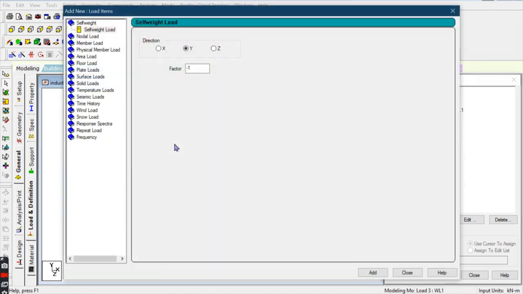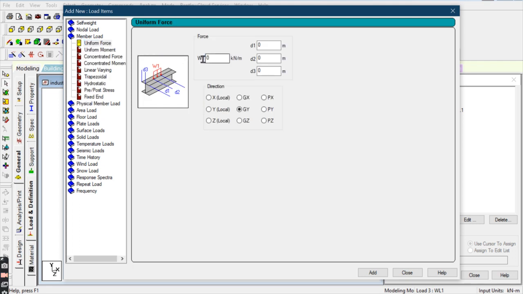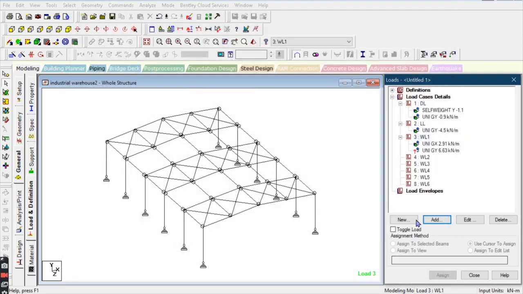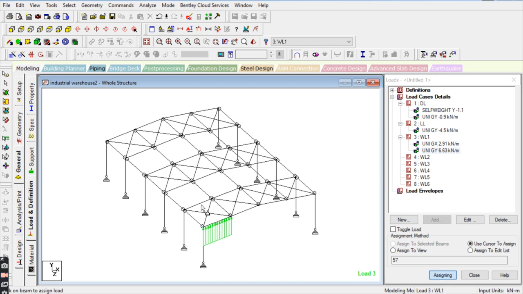For the roof we have to change the sign. Go to the member load properties, 6.63 in the global Y direction, because it is coming on the upper side. Use cursor to assign, in this direction also.